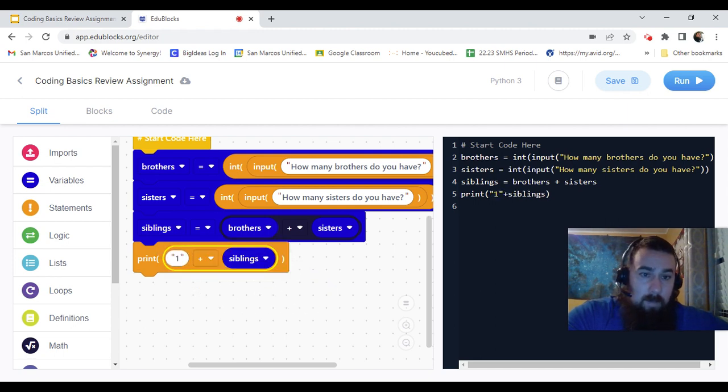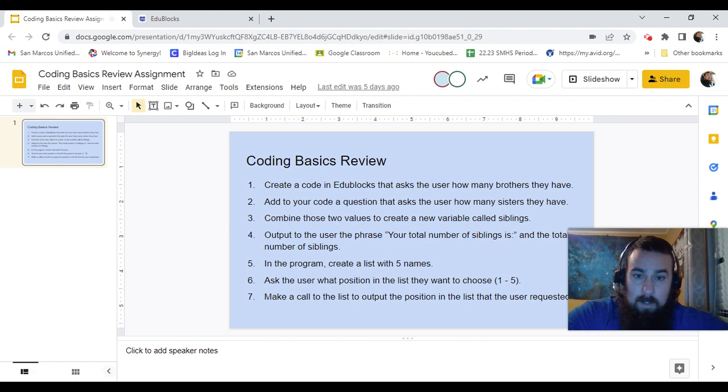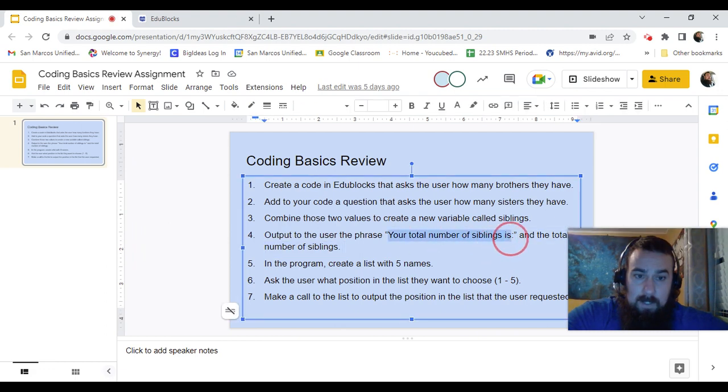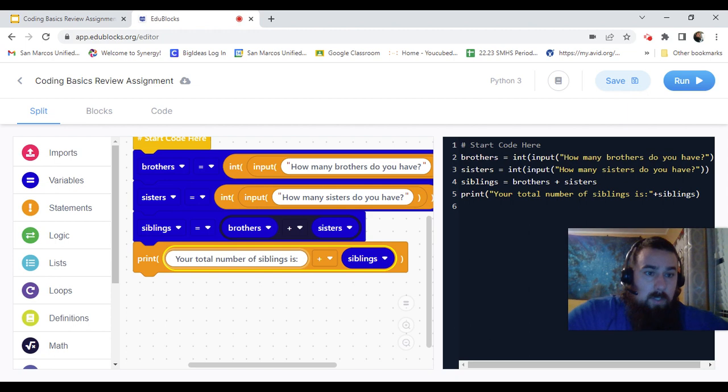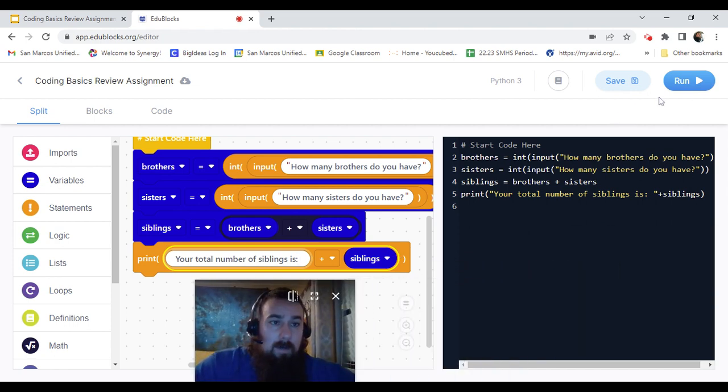So you can see here, print something plus siblings. And the something I wanted to say is right here: your total number of siblings is. So I'm just going to copy that and paste it in there. So your total number of siblings is, and then it's going to output the siblings. But it's going to give you another error here. If I run this